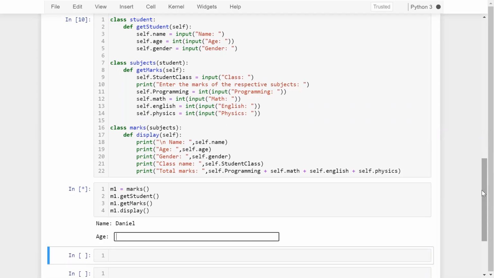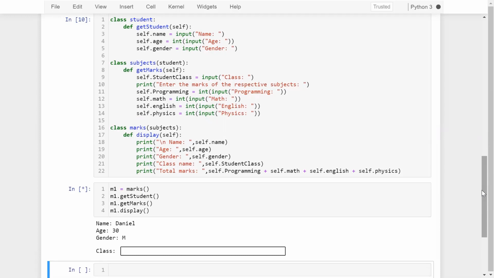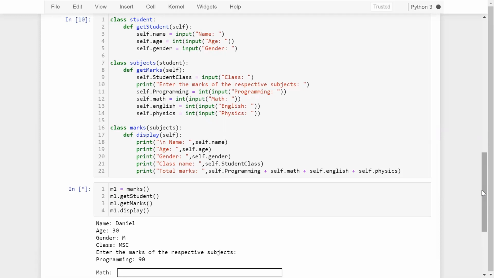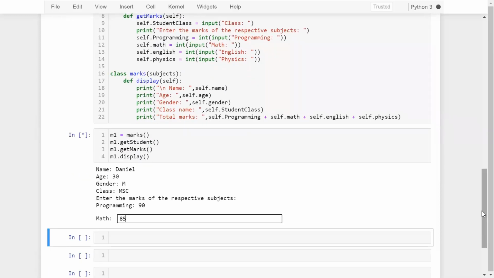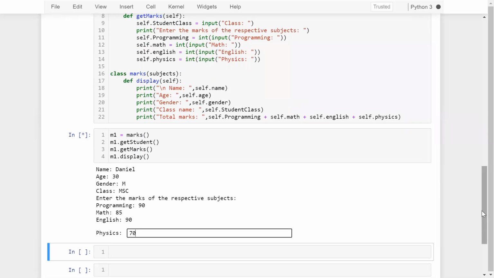The age is 30 and the gender is, let's say, male, and the class is, let's say, MSc, and enter the marks of respective subject. Let's say first of all programming 90, math 85, English 90, and physics 70. So simple, I can easily display all the information from your child class method, which is display.